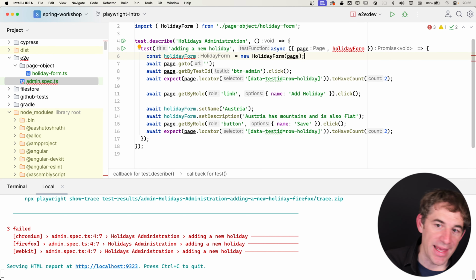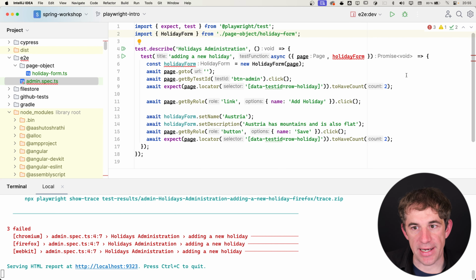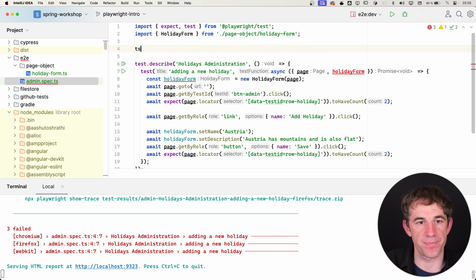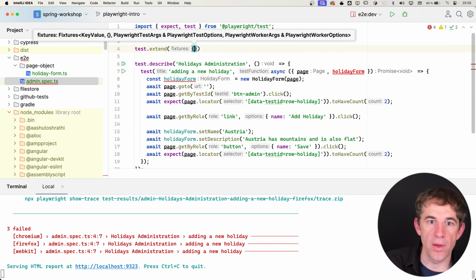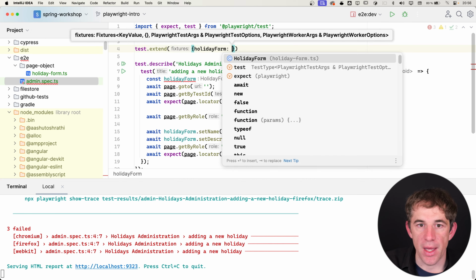How does this work? It works a little bit complicated because what you have to do is to extend the test object. So you would have to say here test extend, and you extend it then with your fixtures, and there you define those kind of types that your test fixtures should provide. So in my case, I say the holiday form should be the one that should be provided. This property should be an asynchronous task, an asynchronous function again. So I say here